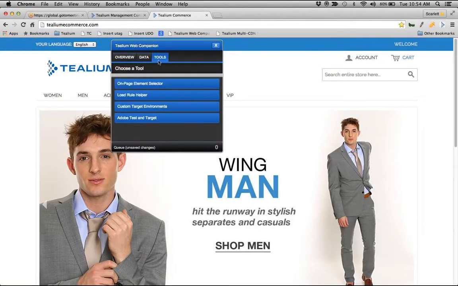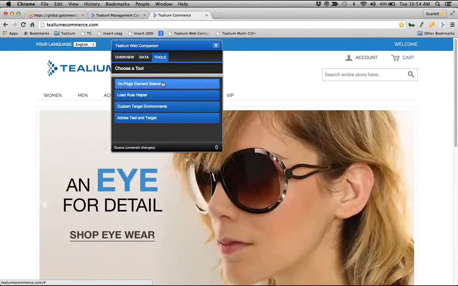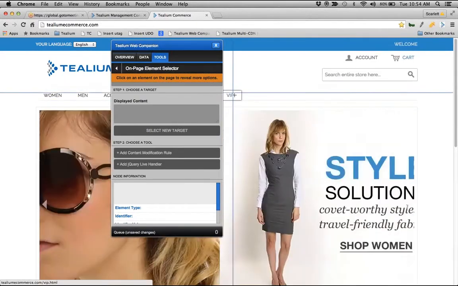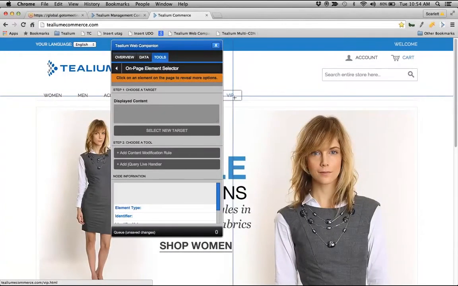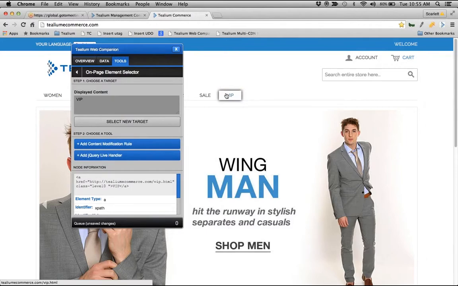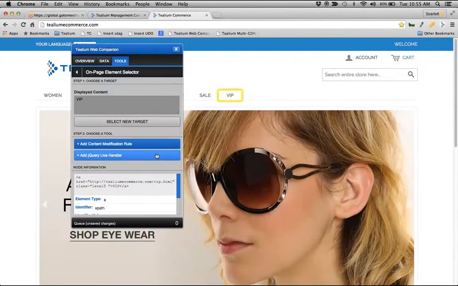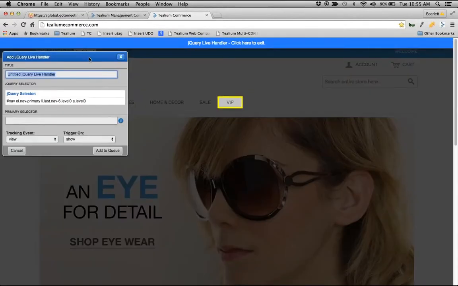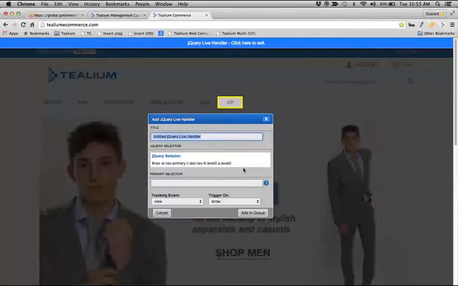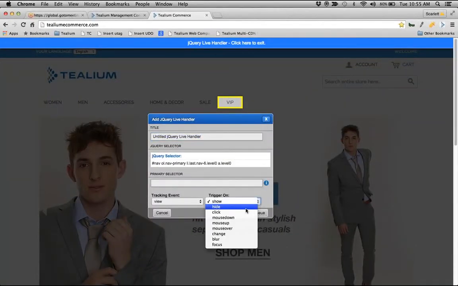Next, we can also do some other sophisticated things by working within the comfort of your site. So what I selected here was our in-page tools helper, and it does a couple of things here. We can target any sort of HTML element on the site itself. So here I just selected VIP, and maybe I want to track when somebody is actually clicking on this particular button here. I can say, and you can see where it's defined, hey, Tealium, when someone does a show or